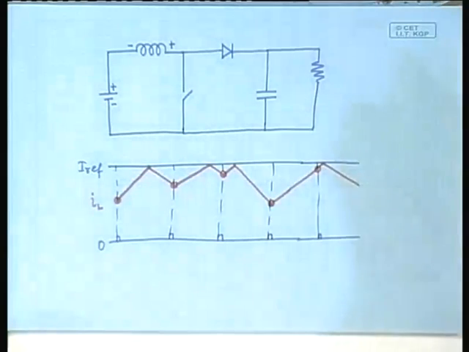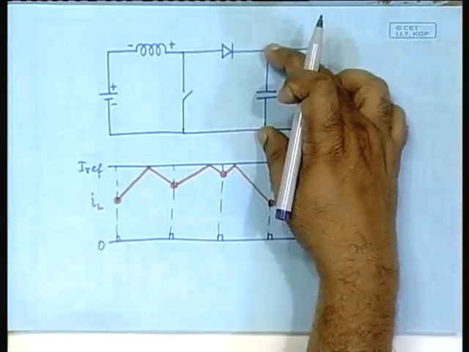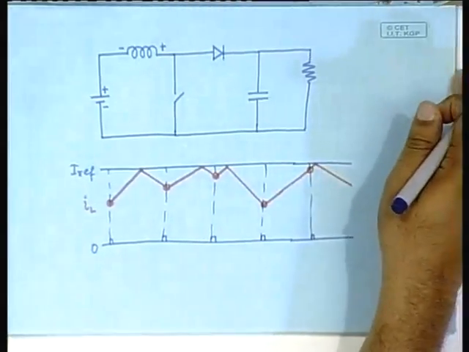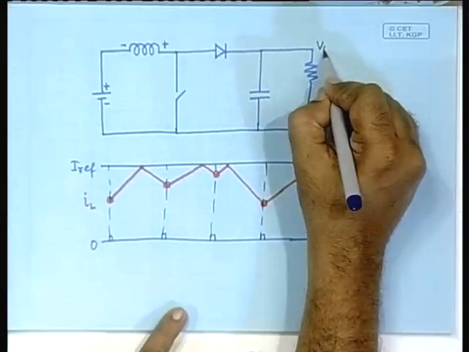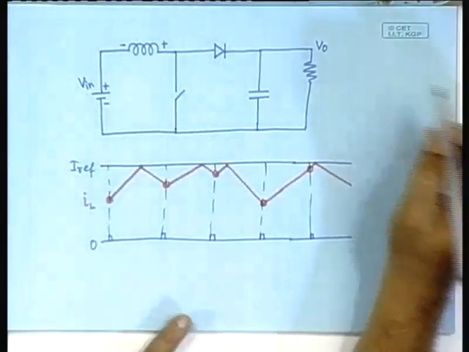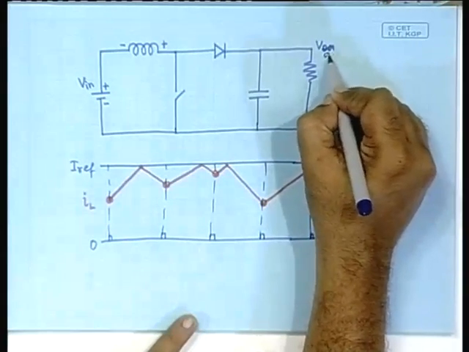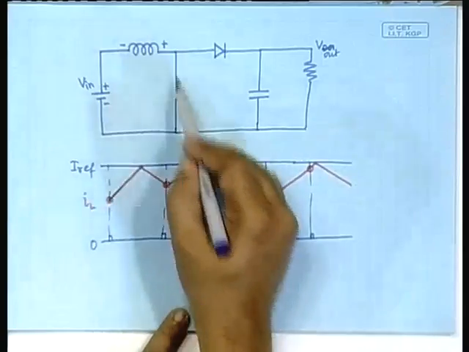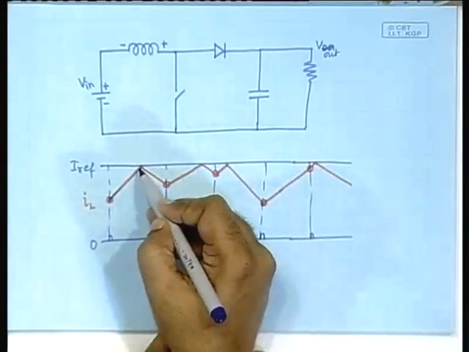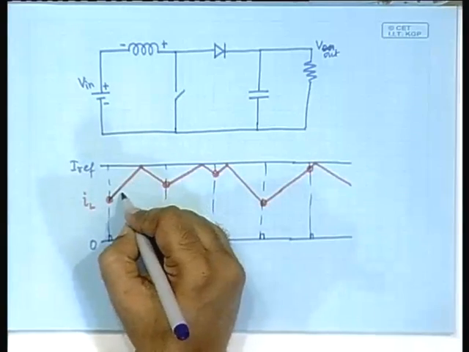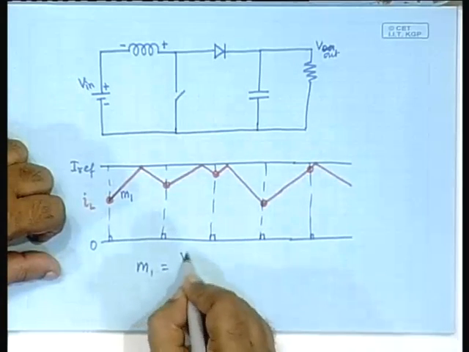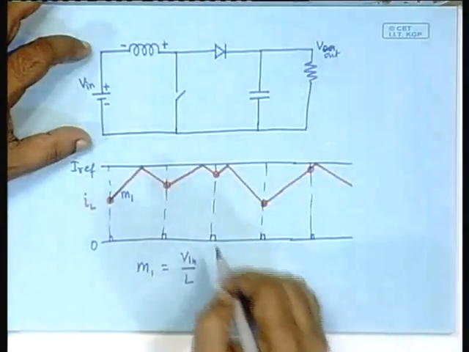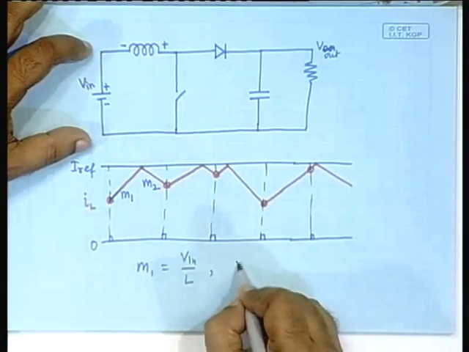Now, it is not difficult to see that if the capacitor is large, then the voltage here would be held almost constant. If we proceed under the assumption that the capacitor is large, and therefore this voltage V out, and this is the V in, V out is more or less constant, then this will be really a straight line, because it is only this part, and the straight line will have a slope of how much? V in by L. So, here the slope is M1, where M1 is equal to V in by L, and when it drops, it is V out minus V in by L. So, here the slope is M2, where M2 is equal to